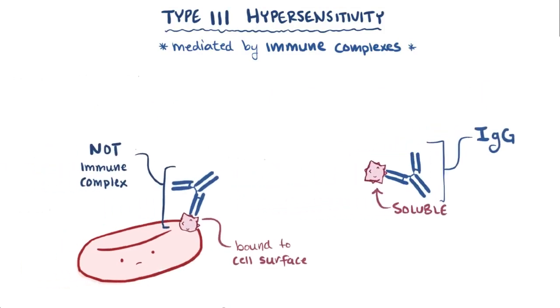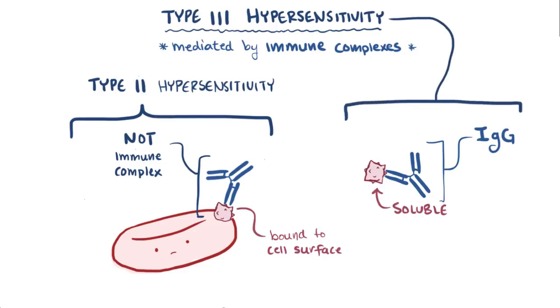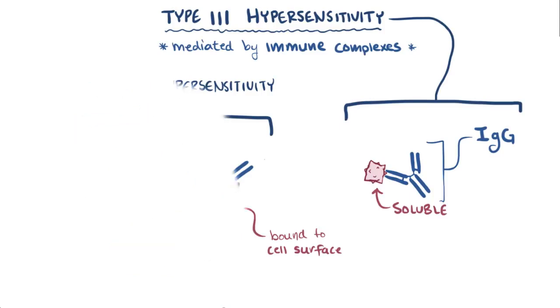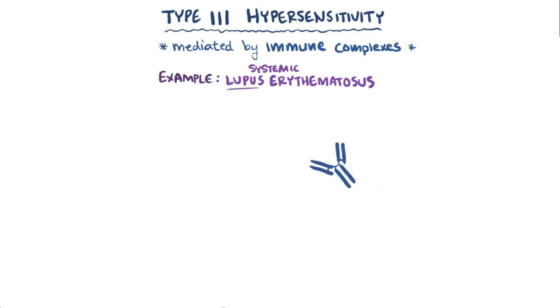And this is the first major distinction between type 2 hypersensitivity reactions, which involve antibodies binding to antigens on cell surfaces, and type 3 hypersensitivity reactions, which involve immune complexes with soluble antigens. A good example of a type 3 hypersensitivity is the autoimmune disease systemic lupus erythematosus, also just called lupus. In lupus, the IgG antibodies are typically specific for DNA and nucleoproteins, both of which are part of our own